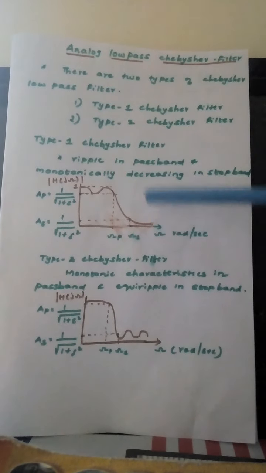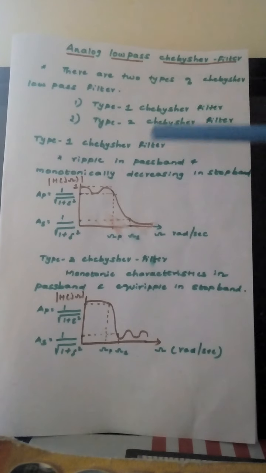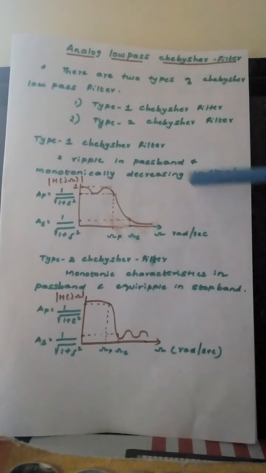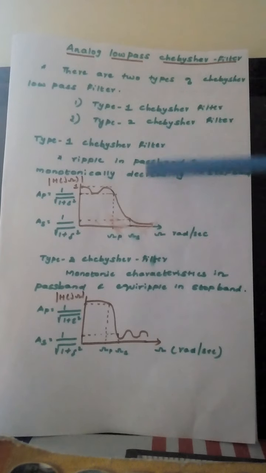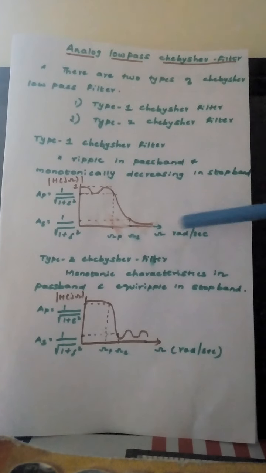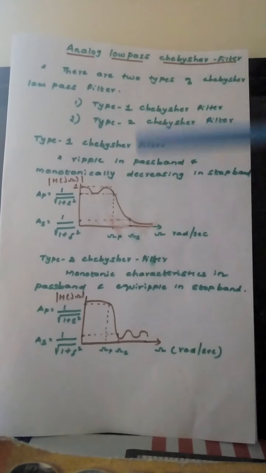Another difference is that in both filters we do not find the poles directly; we write down the values from the data sheet and write the transfer function. If we plot all the poles on the S-plane, in the Butterworth filter the shape is a circle, that means all the poles lie on a circle. In the Chebyshev filter, the shape is an ellipse, so all the poles lie on an ellipse. That is the major difference between the Butterworth and the Chebyshev filter.